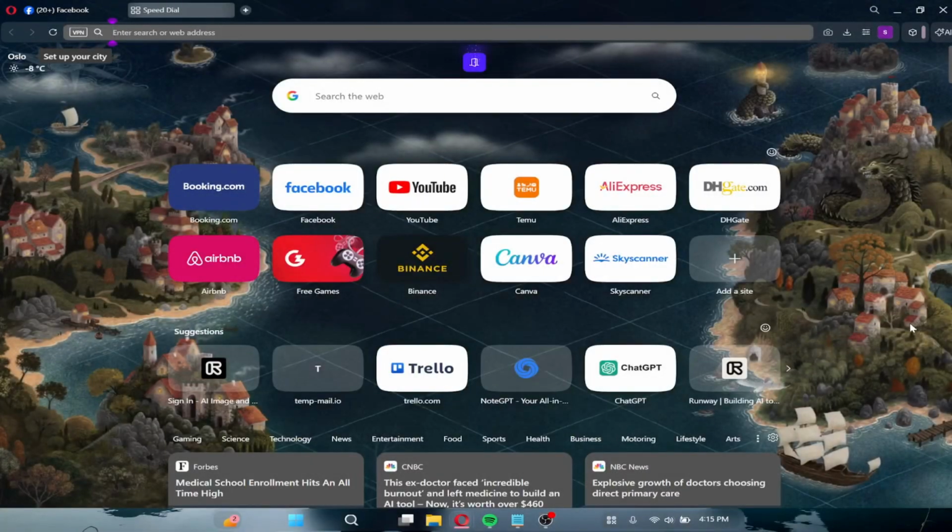In this video, I'll show you how to use Facebook Dating on your laptop or PC computer. Even though Facebook Dating is designed mainly for mobile devices, there is still a simple way to access and use it on a computer. First, open any web browser on your laptop or PC, such as Google Chrome, Edge, or